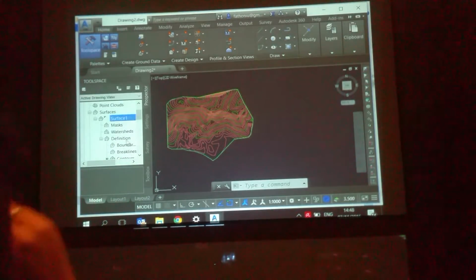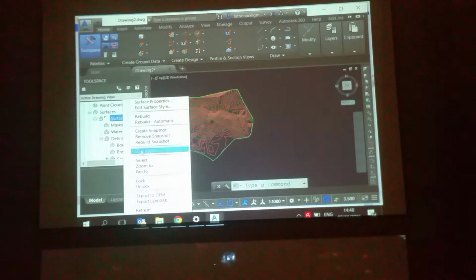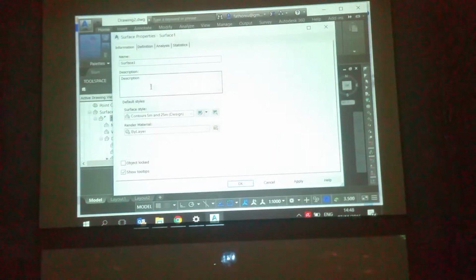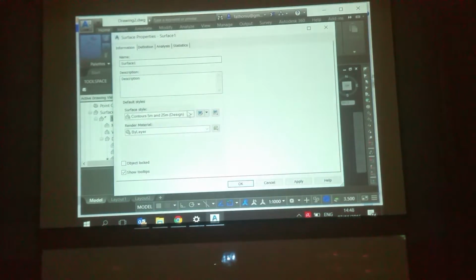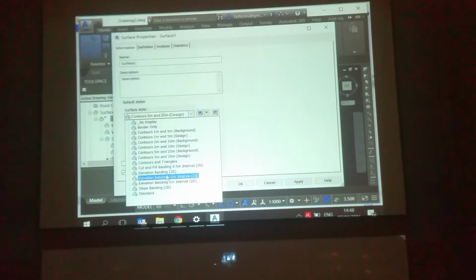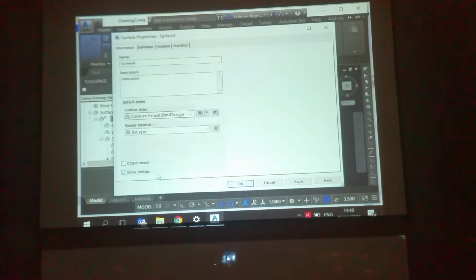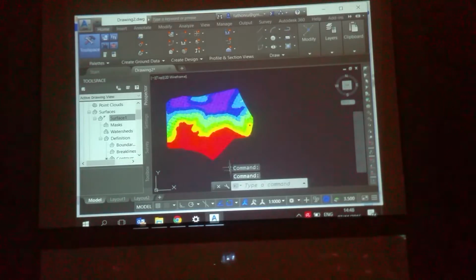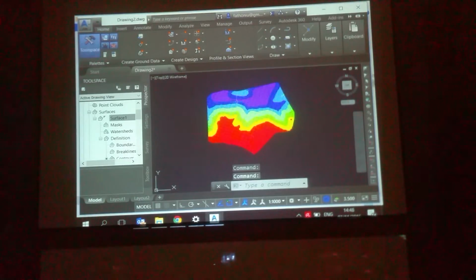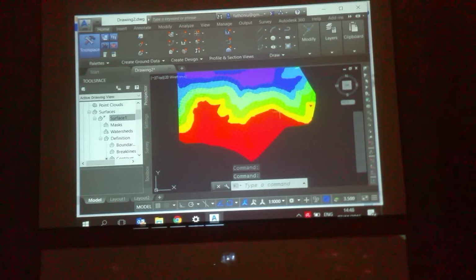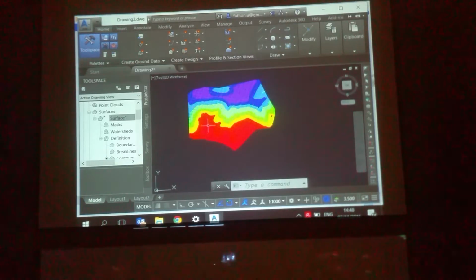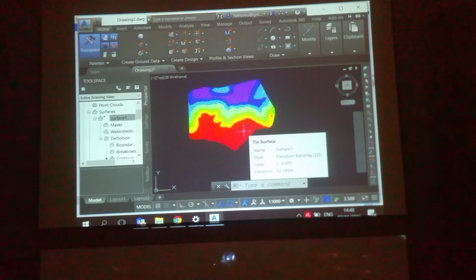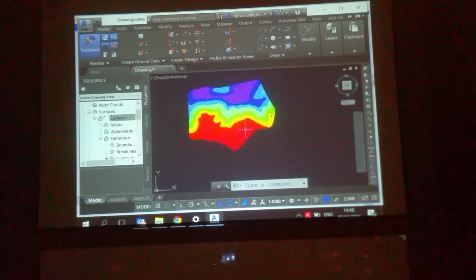Then you can also change. You can see the elevation banding to this area, different colors like this. So maybe this area, the red color here, the most suitable area. I mean the elevation is almost the same, different maybe 10 meters.